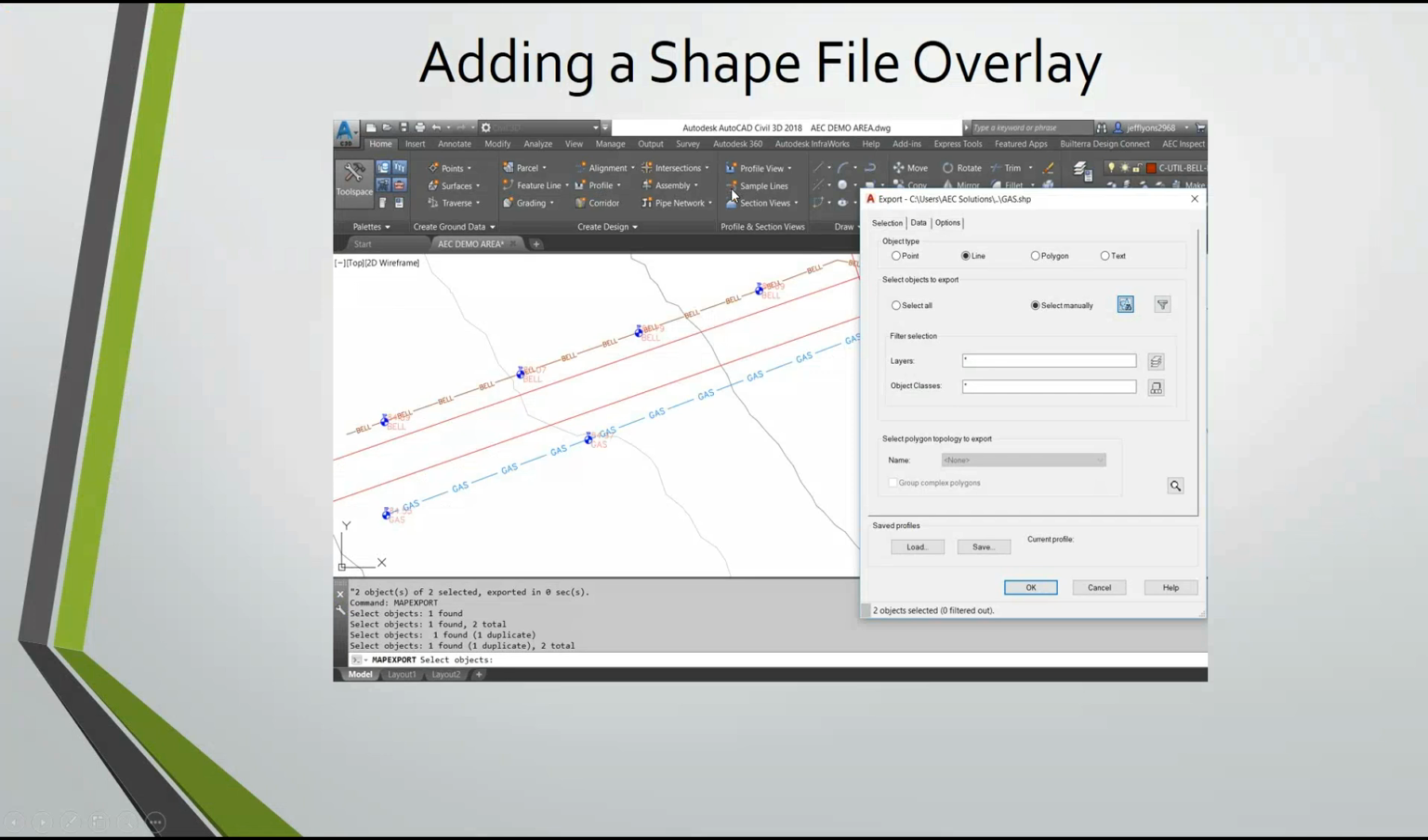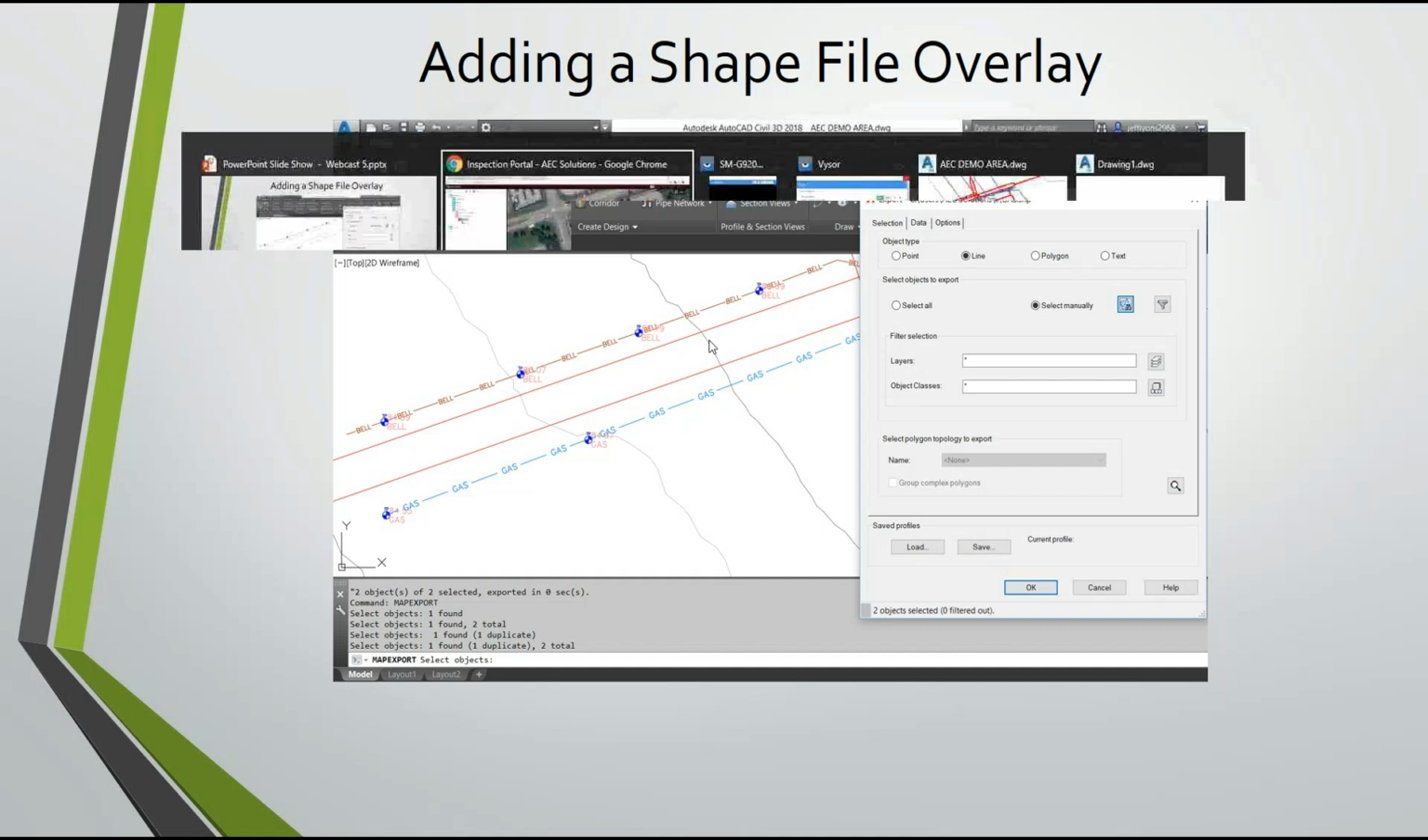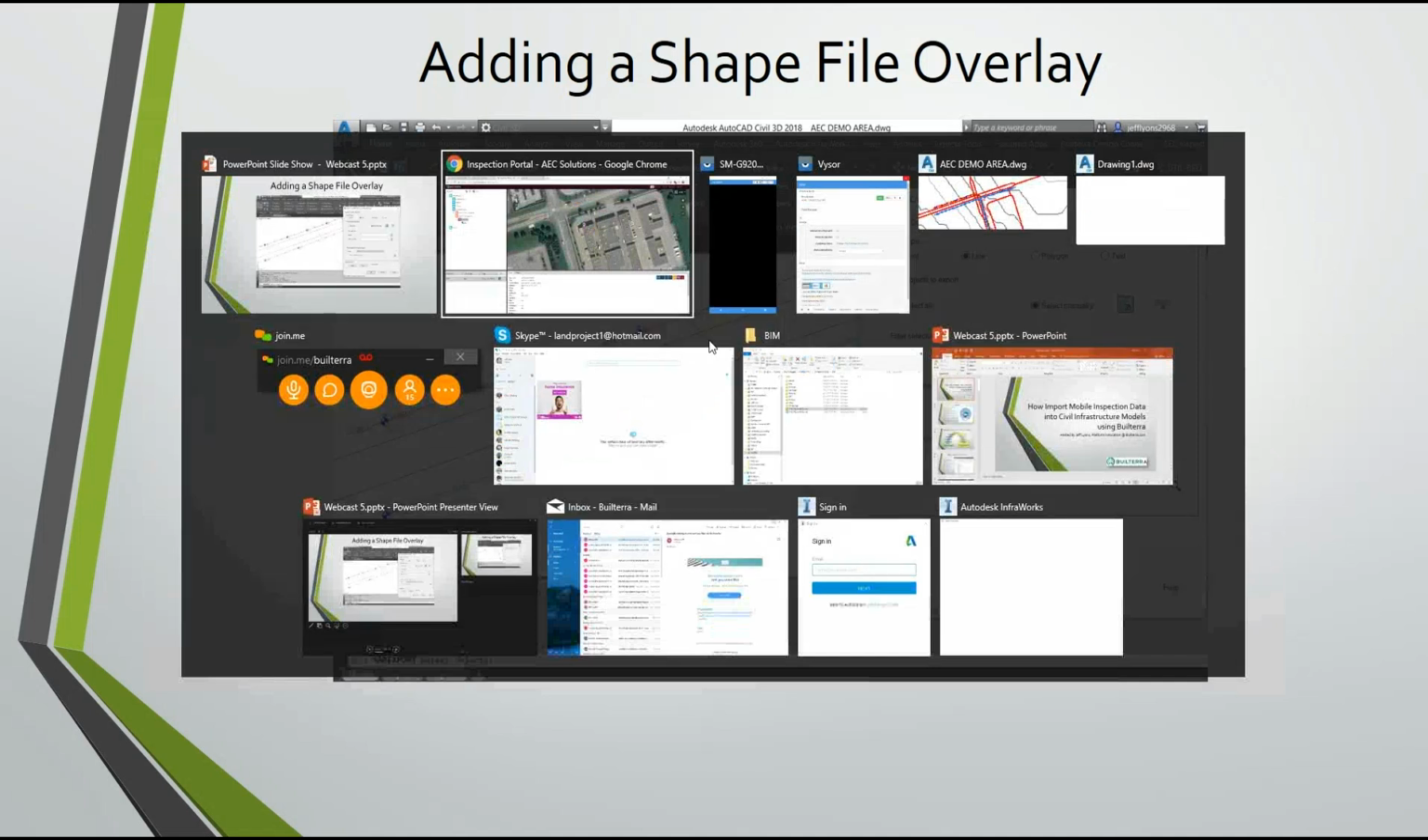Adding a shapefile overlay. So we talked about having some data that was a level D, just 2D approximate location, or even survey. It's just line work. So let's go ahead and put a shapefile into the background of that inspection data so we can see how far away our actual data is when we get into AutoCAD. So if I go to the AutoCAD editor,